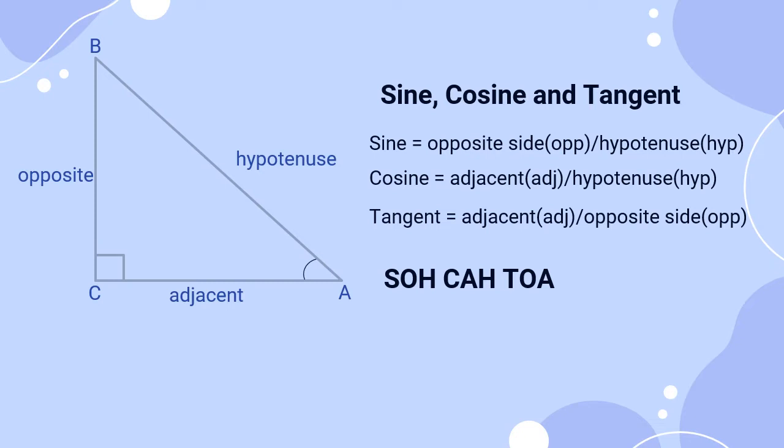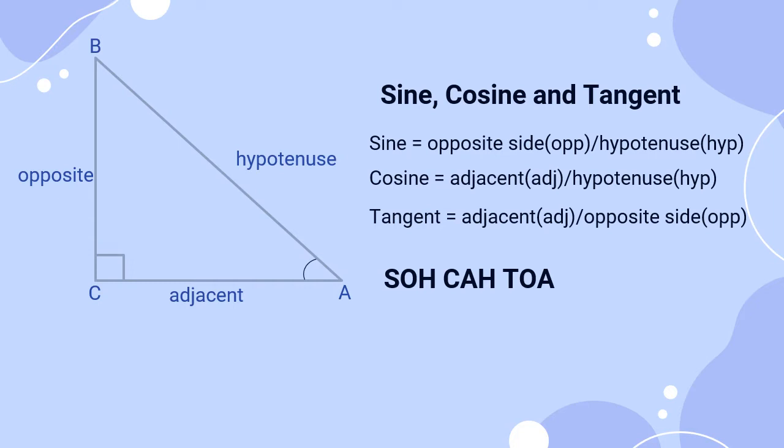Opposite side can also be represented by OPP, and hypotenuse by HPT. Then for cosine, the formula is adjacent divided by hypotenuse, and in tangent we have opposite divided by adjacent, or in shortcut we have